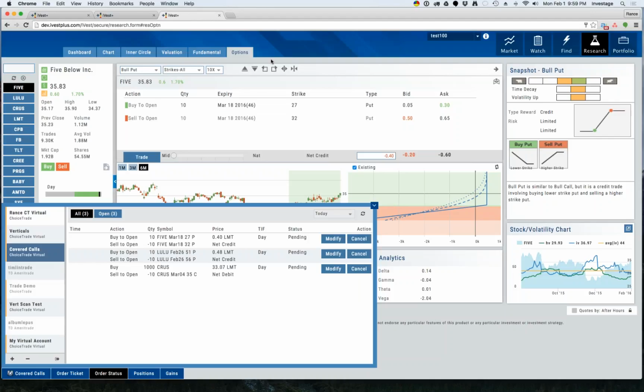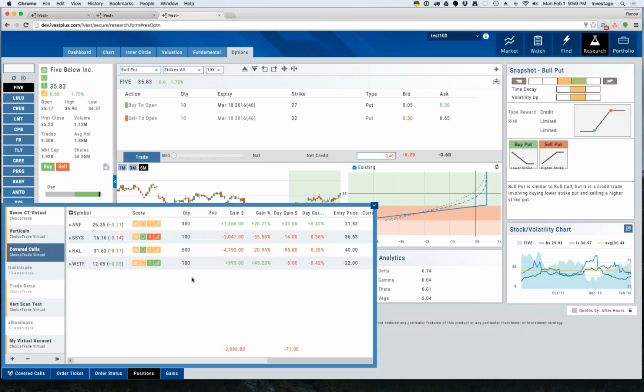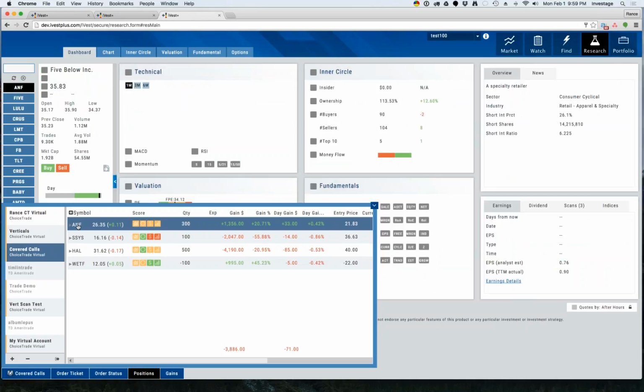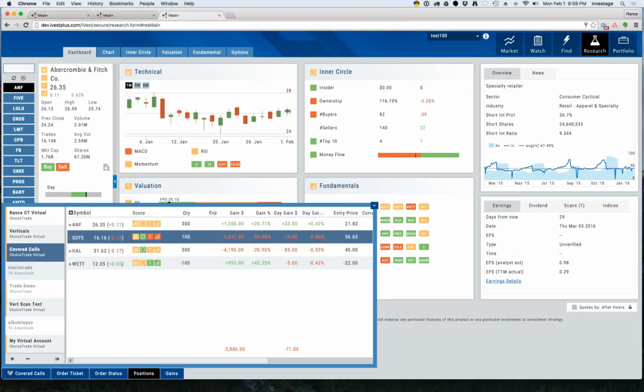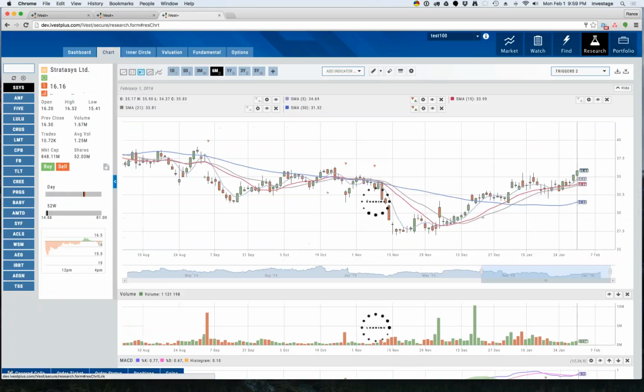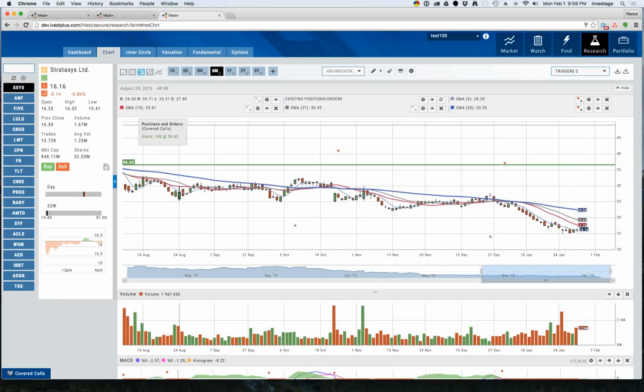Now the other part of this, you'll notice down here is our broker menu. So I have my different brokerage accounts, my trade ticket, my order status, my current position, my gains or history. We have also added now, and while we're on this, let me make mention of something down here. There's a couple of cool things about this that are pretty helpful. One is that I can bounce around and do a quick view of my stocks right from here without even leaving it. Right. So, for example, if I go to my chart view for just a moment, and let's say I want to keep an eye on,